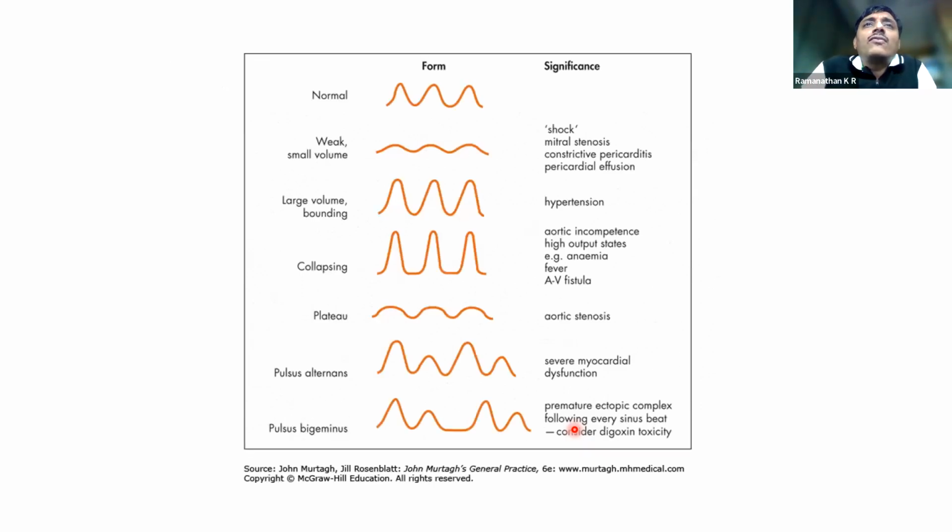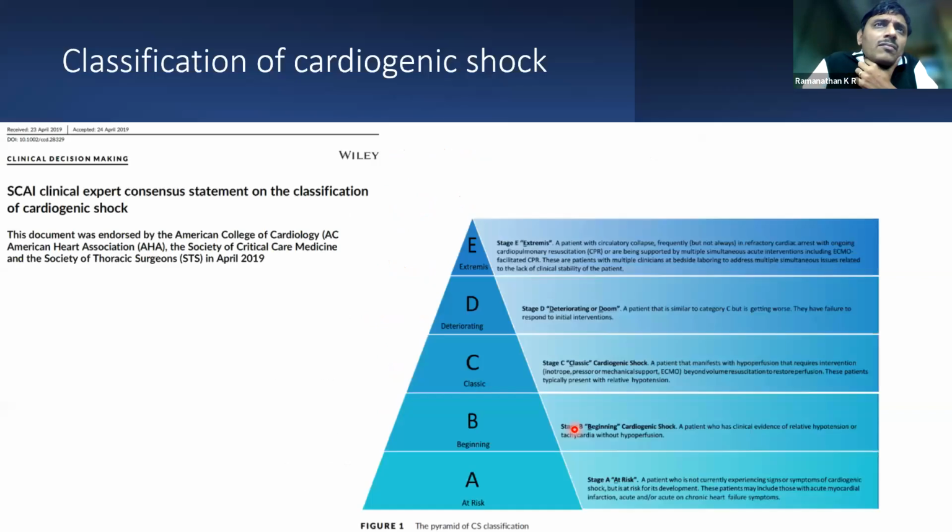Of course, there are different waveforms associated with various other pathologies. I'm not going to go through this. These are all things which we would have learned as part of our medical curriculum anyway. However, I always find the arterial waveform to be quite useful in such scenarios, not only in identifying if there is an underlying cardiac pathology, it also helps me in deciding fluid responsiveness if the patient is mechanically ventilated too, even in a patient with cardiogenic shock.